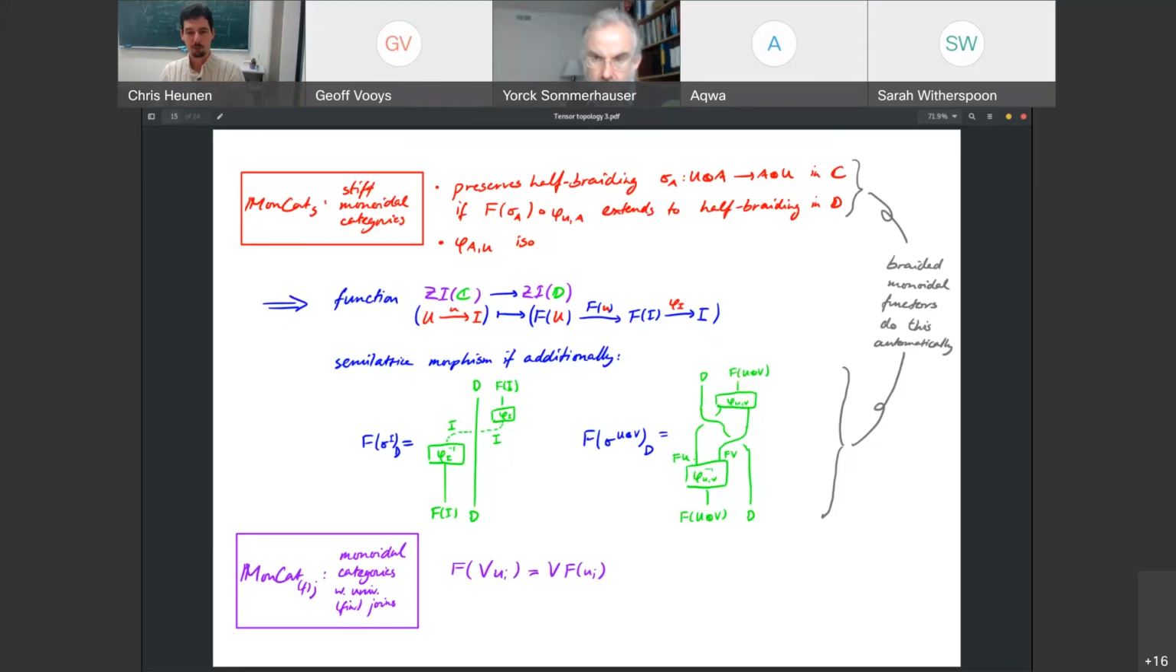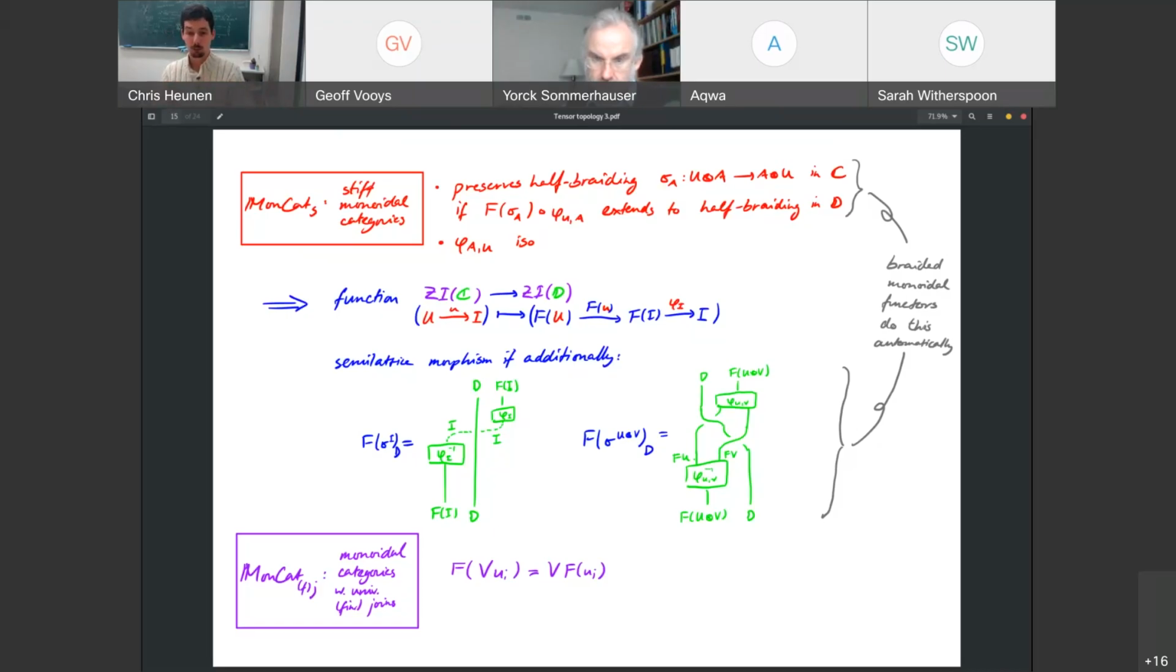So that I will call a morphism of stiff monoidal categories, if it preserves the half braiding and tensoring A with a central idempotent, that is, the phi maps on there are isomorphisms, are invertible. From that, it follows that if you give me such a morphism of stiff monoidal categories, that induces a function